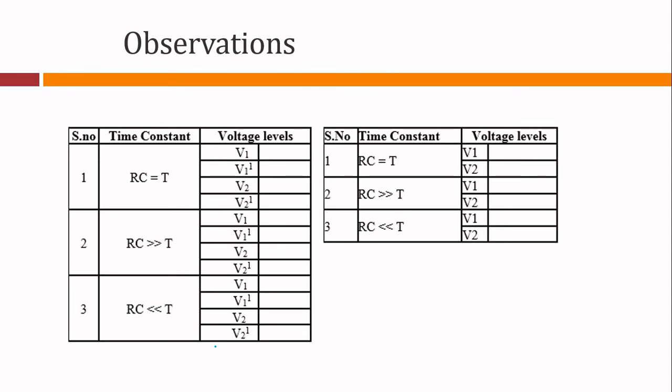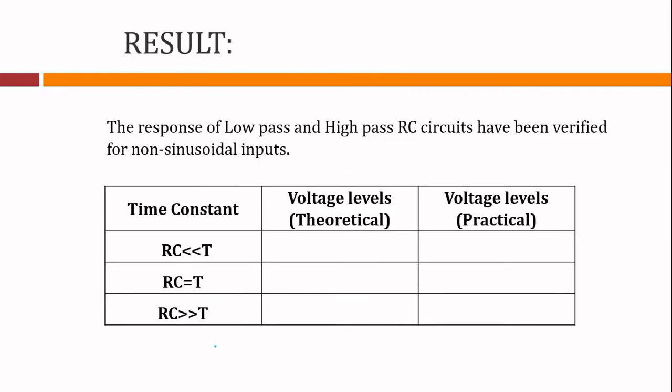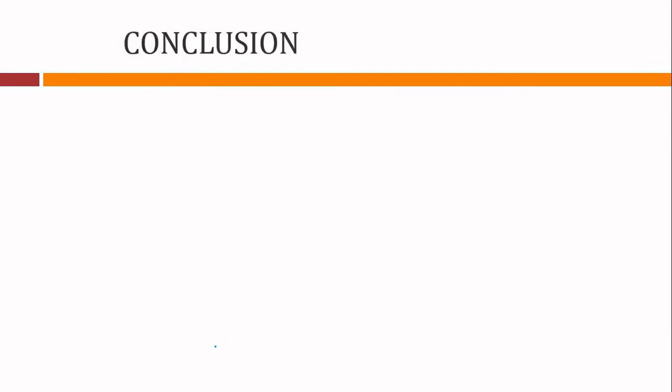So if you are finding it difficult, you can pause the video, take a screenshot and note down the peak to peak value, how much the shoot it has undergone. You can skip this observation and directly note down the values for RC very much less than T, equal to T, and very much greater as compared to T. Then again, for the conclusion, you have to write it in your own words. After understanding the demonstration video, all that you have observed has to be mentioned here in the conclusion.